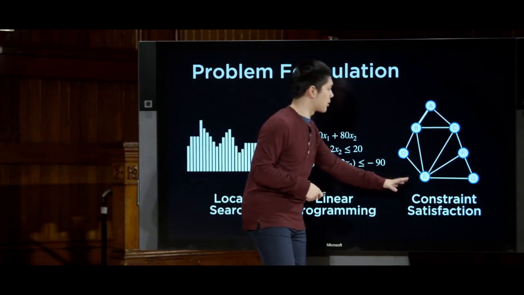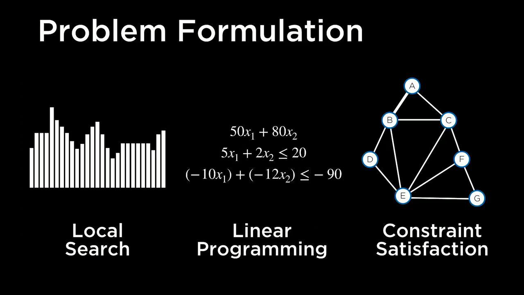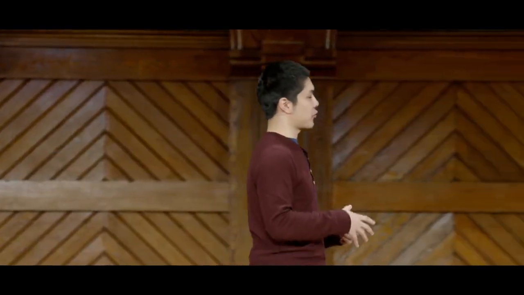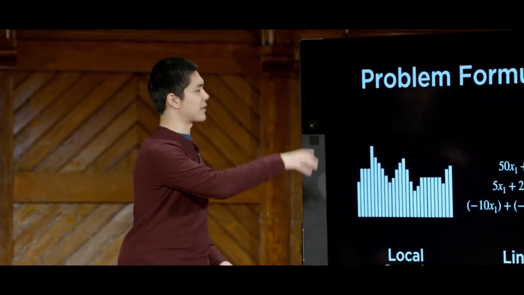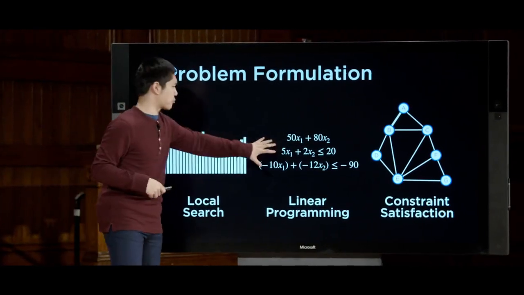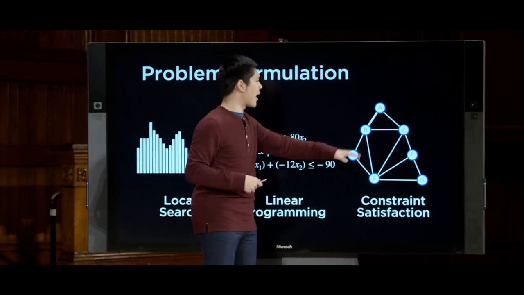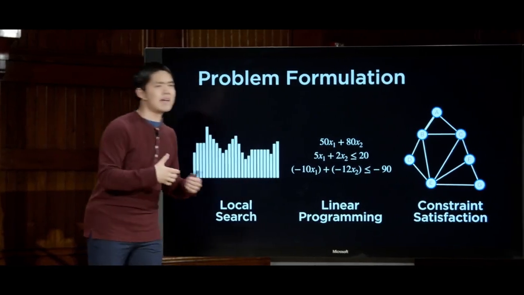And we saw formulating a problem as a constraint satisfaction problem, creating this graph of all of the constraints that connect two variables that have some constraint between them, and using that information to be able to figure out what the solution should be. And so the takeaway of all of this now is that if we have some problem in artificial intelligence that we would like to use AI to solve, whether that's trying to figure out where hospitals should be, or trying to solve the traveling salesman problem, trying to optimize productions and costs and whatnot, or trying to figure out how to satisfy certain constraints, whether that's in a Sudoku puzzle, or